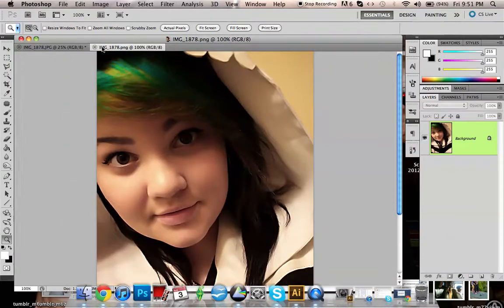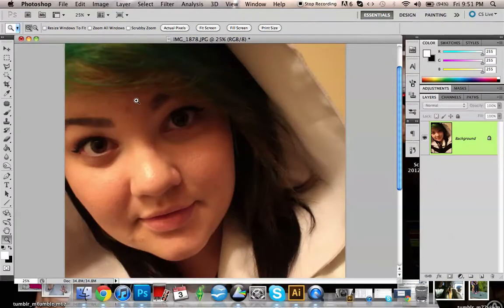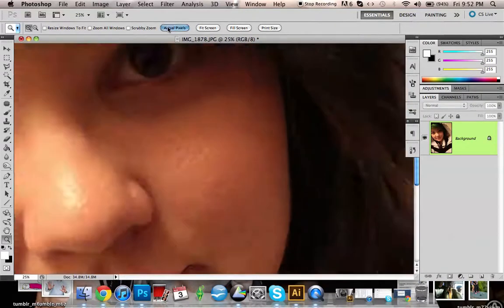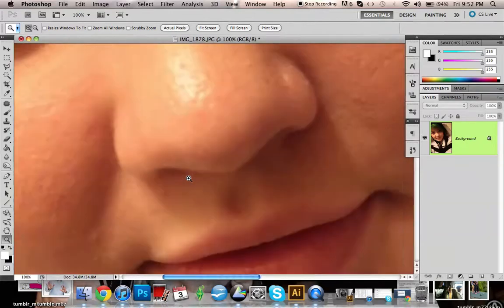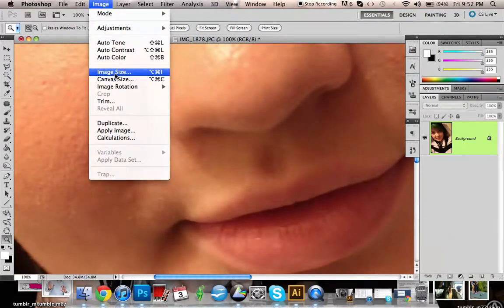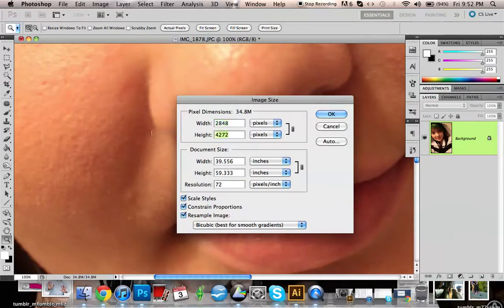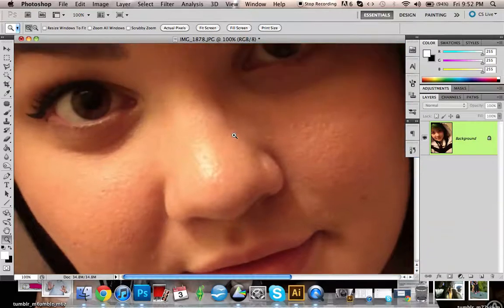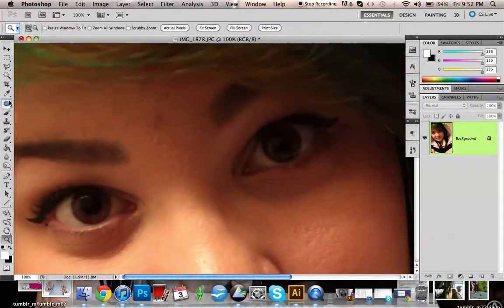So I'm just going to close this. The first thing that I do, oh crap, okay. I just open it, I make it fit the window. I do actual size. Usually I will just go in and change the image size so that it's not as big. I'll usually change the height to about 2000 pixels. I'll do 2500. Come up here, and first thing after I resize it,